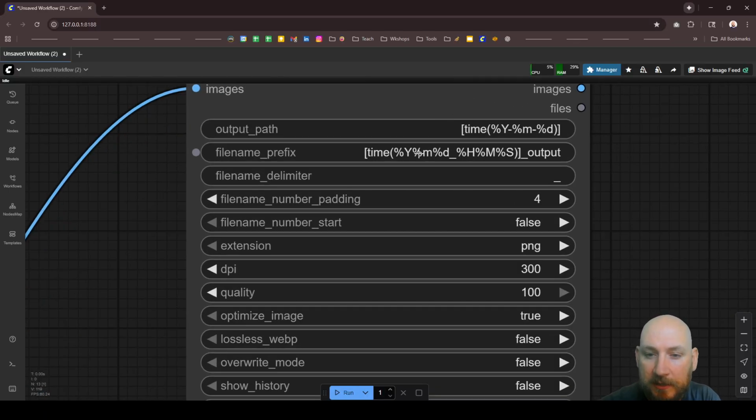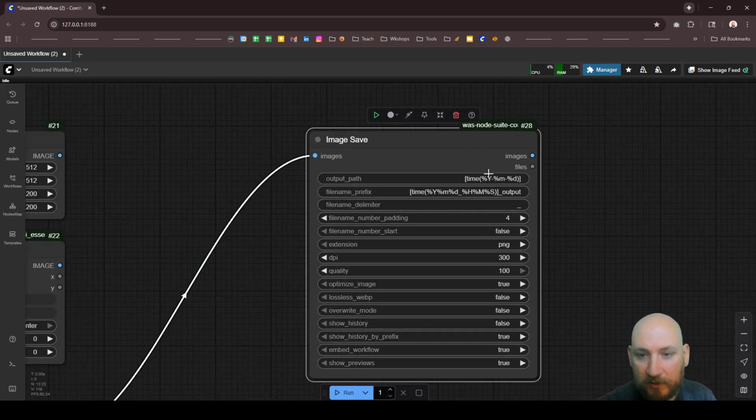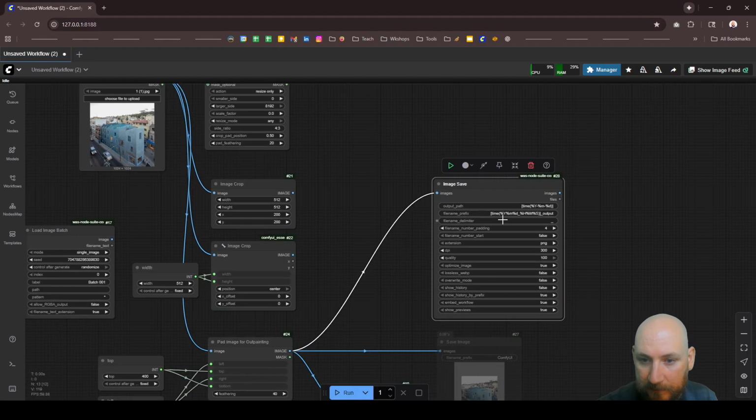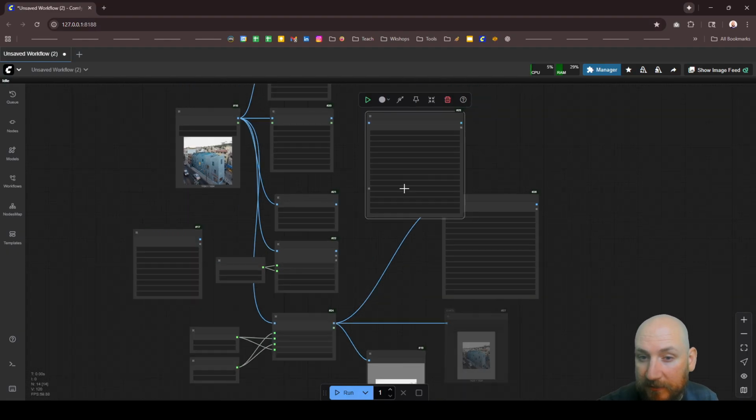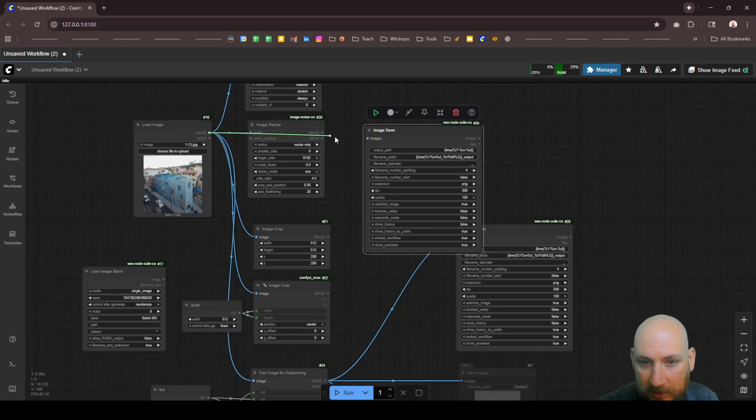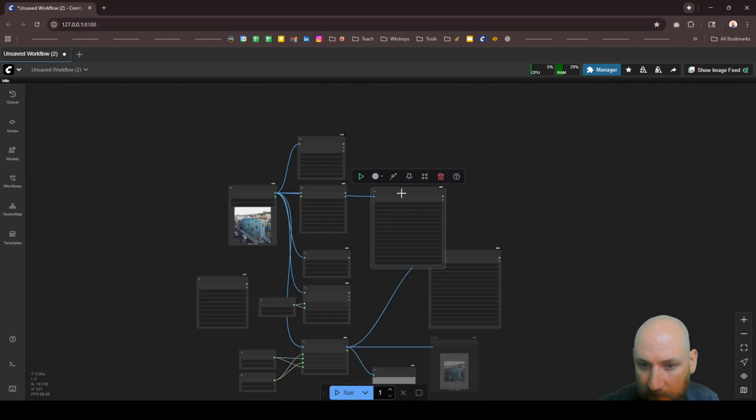You can just type it in. And once you create this once, you're just going to copy paste it every time thereafter. But you're going to have the time: the year, the month, the day, underscore, the hour, the minute, the second, underscore, and then output. And let's say I wanted to save in my output folder so that they save right beside each other. This might be wasteful, a little bit of memory, but the original image, I could